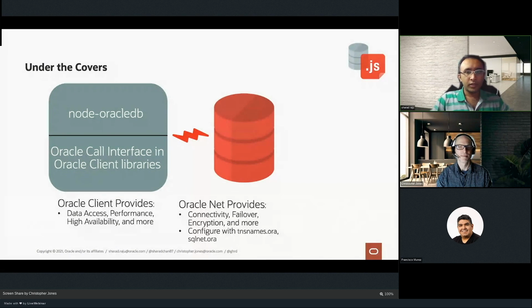Moving on, Oracle client libraries make use of the Oracle Net layer. Oracle Net layer is not a product per se, but it is the way in which node-oracledb, and thereby Oracle client libraries, communicate with the database. Oracle Net provides some great functionality as far as the network layer is concerned. They provide connectivity, failover functionalities, encryption, checksumming, and much more. And typically, you configure at the net layer using the network configuration files of the database such as sqlnet.ora or